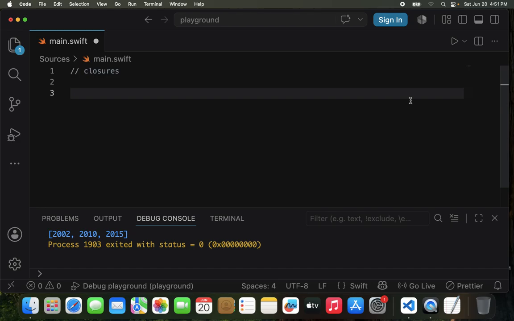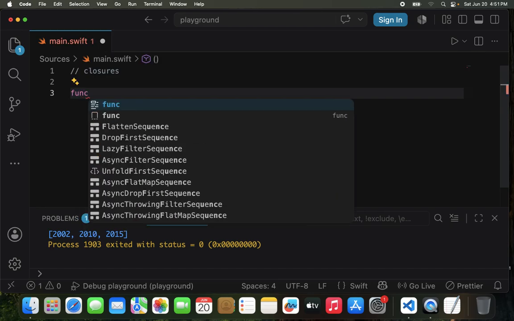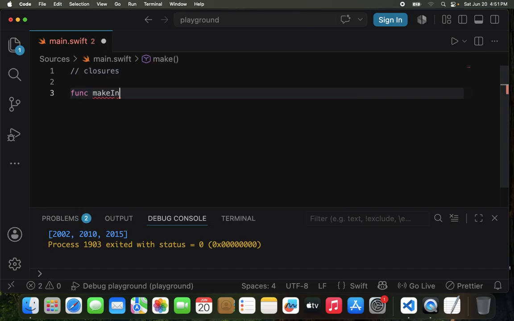So let's write a function that runs a total generator. It's going to be a function that returns a closure, and then every time we call the returned closure, it increments a running total that it captures from its original environment. So let's look at how we might accomplish this. We can have a func makeIncrementer, like so,